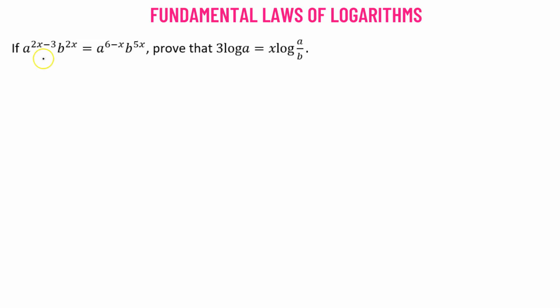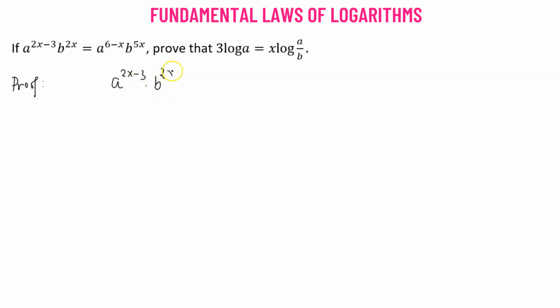So here we are given an equation. We need to prove that 3 times log of a equals x times log of a over b. So let's begin. We'll consider our given equation, which is a raised to the power of 2x minus 3